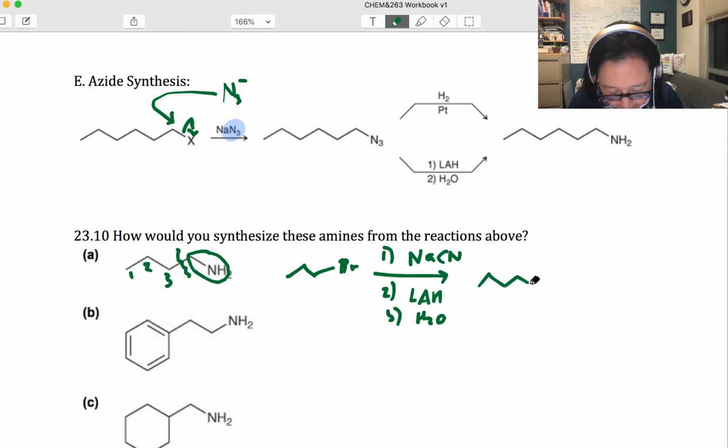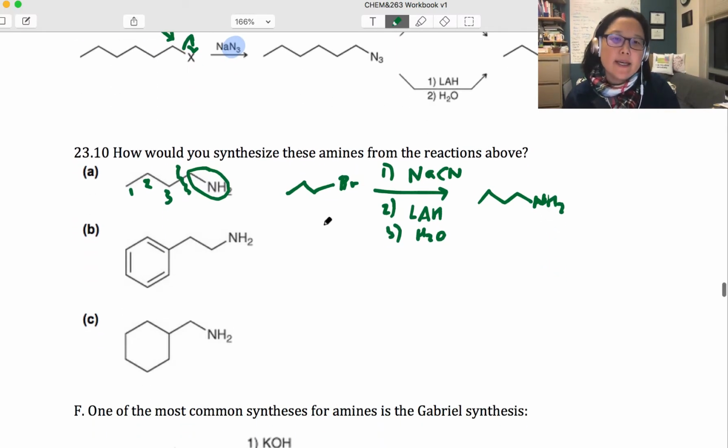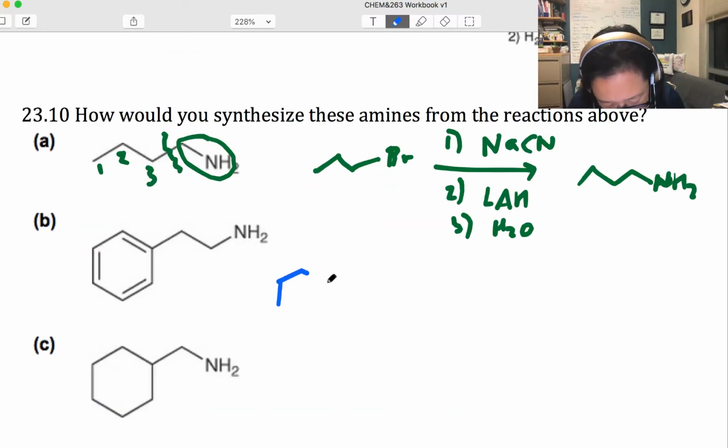Okay, and that's going to give me my amine right here. All right, so that's one way I can do it. All right, so let's say for this one we have a benzene ring, and I want to show how maybe I can use a carboxylic acid to start, just for variety. Okay, so if I have a carboxylic acid, maybe I can turn that into an amide and then reduce the